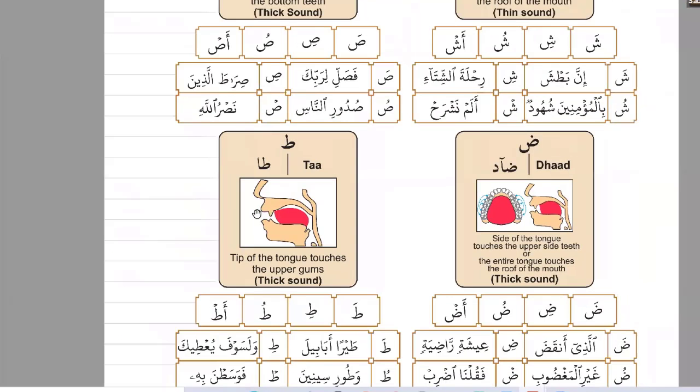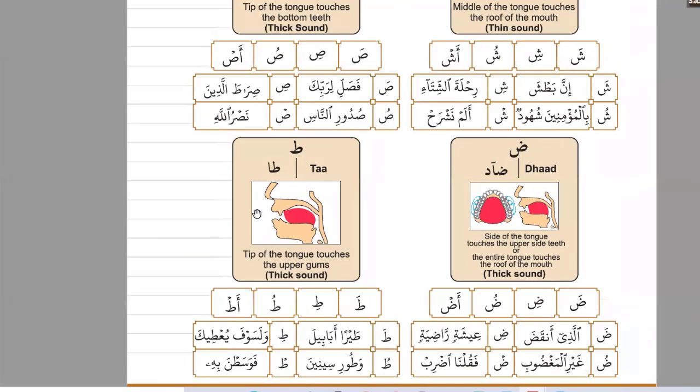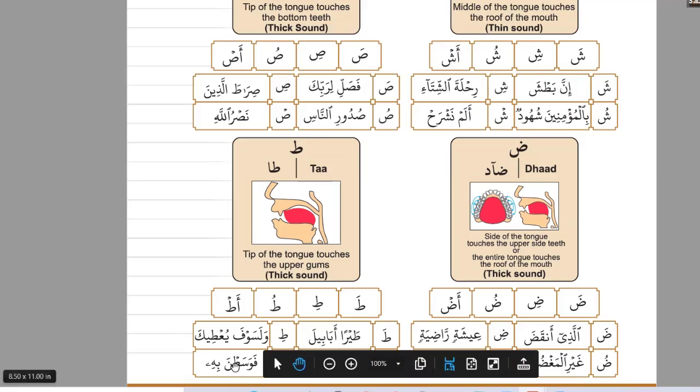When you pronounce the letter paw, first your tip of the tongue touches the back of your front 2 teeth, okay, and the back of your tongue will remain elevated. So paw, paw, paw, okay. This way you can pronounce this letter. And then